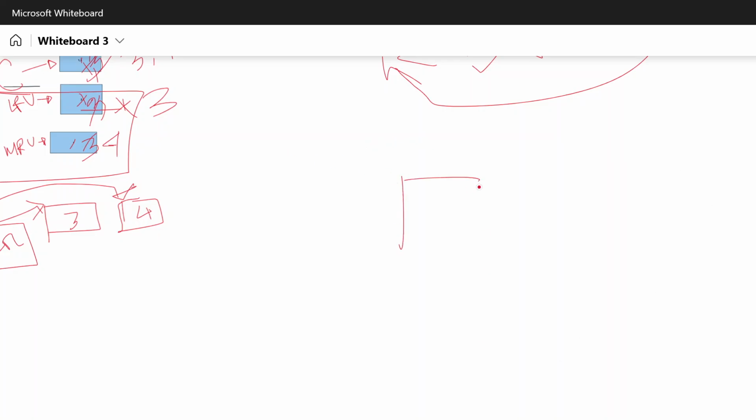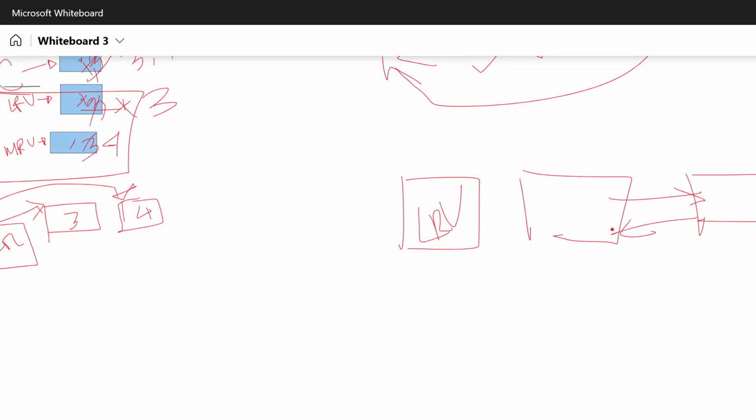So let's say we would have two pointers, LRU and MRU, and these two will be pointing to different elements in the list. Okay, so we'll have this kind of scenario, and one, two, time. And the reason I'm using a